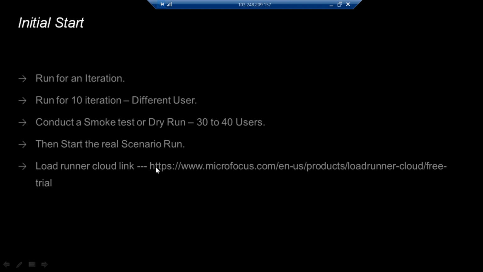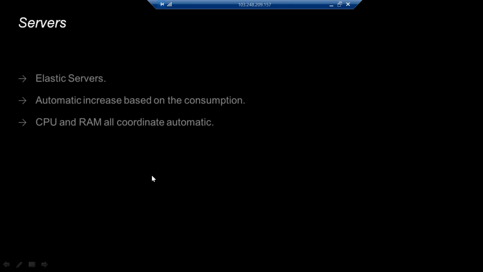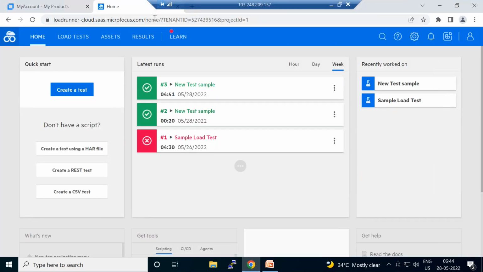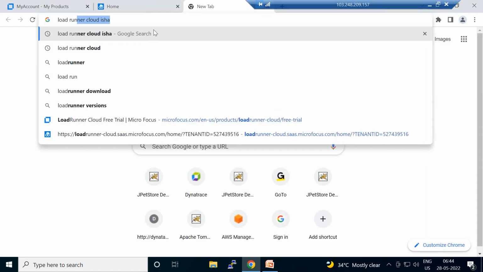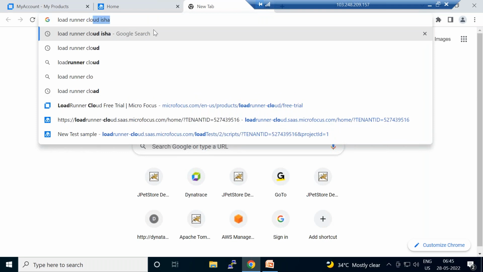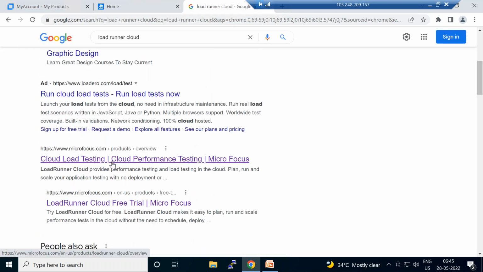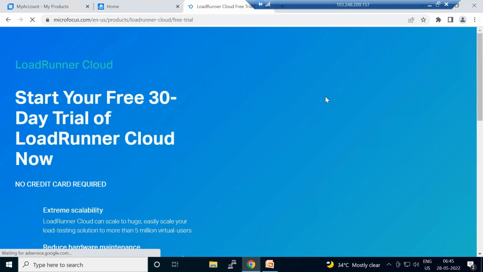For Loadrunner Cloud, this is the link. I will show you how. Once you type Loadrunner Cloud, you could see this Micro Focus Loadrunner Cloud free trial, which navigates to this registration page.